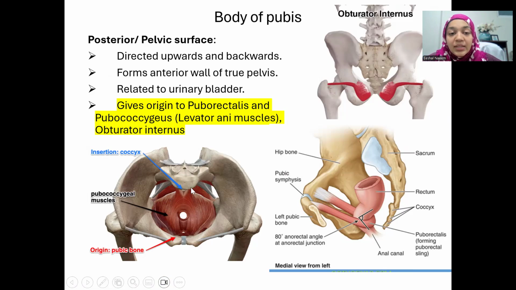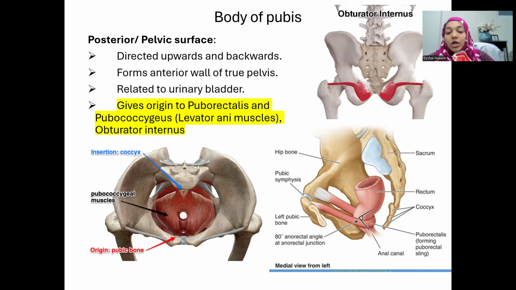Now, remember that the bladder is literally put on top of the pubococcygeal and in front of the puborectalis muscle. So when women are pregnant, they go to the washroom like a million times a day because the uterus is pressing down on the bladder, which is pressing down on these muscles, and it is very difficult to hold the pee in.